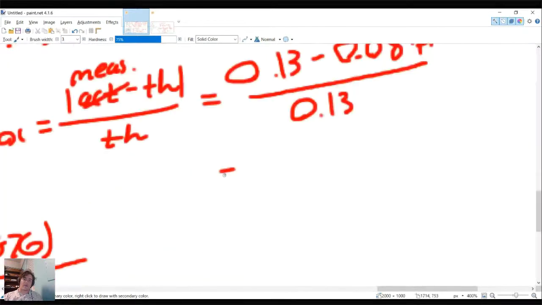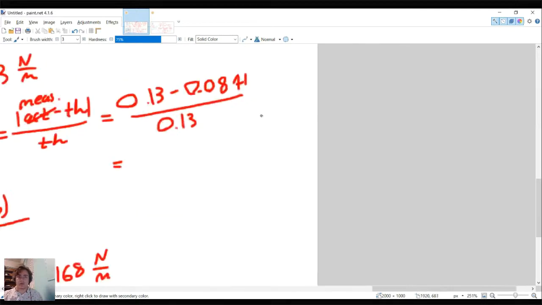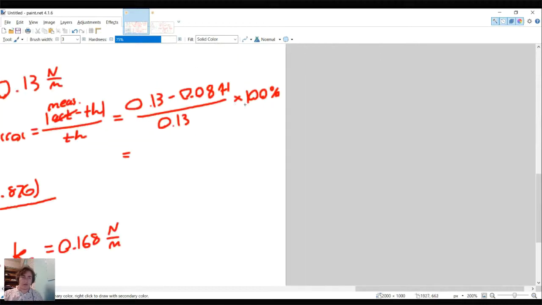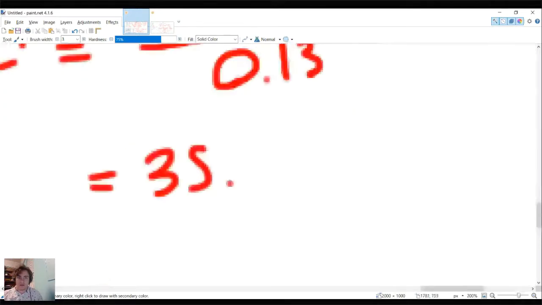This is multiplied by 100%, because 100% is just 1, and you can multiply any quantity by 1 and get the same thing. Calculating this, 0.13 minus 0.0841 divided by 0.13, we get a 35.3% error,